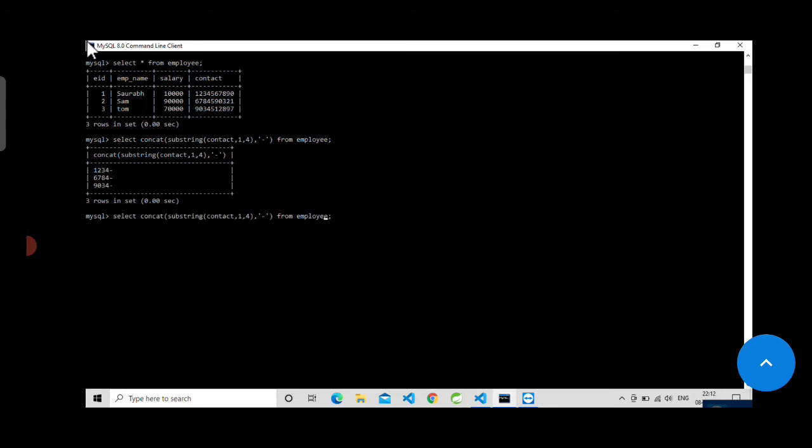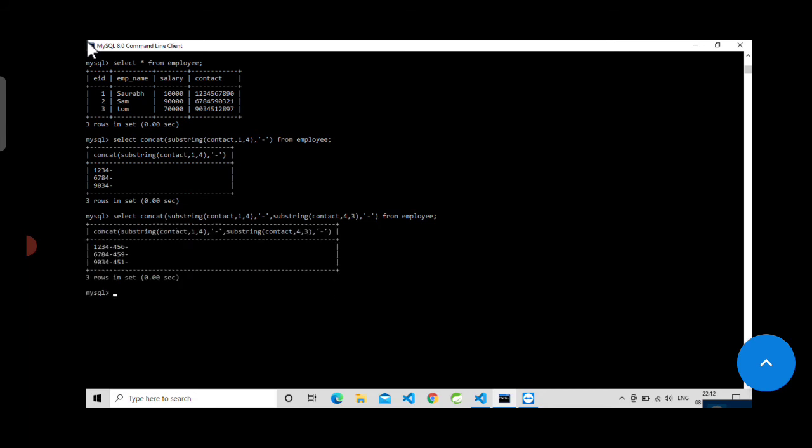Now you have to add one more substring of contact. Now it is at the 4th position, so it will be 4, and move by 3 positions, and then again add the hyphen. Let's test this one also. Okay, it's working fine.